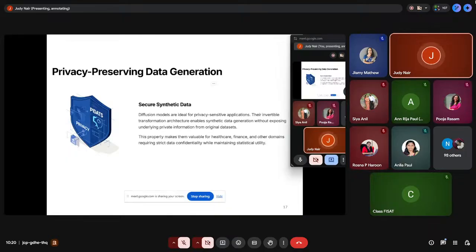You can see DALL-E images. We have seen that it is used for generating, like, you give an X-ray image, you get an MRI image for the same case, if you have trained it with both kinds of data. So mostly you can see applications with DALL-E and other stable diffusion models in healthcare, or other sensitive application areas like finance and other domains where you have strict data confidentiality.